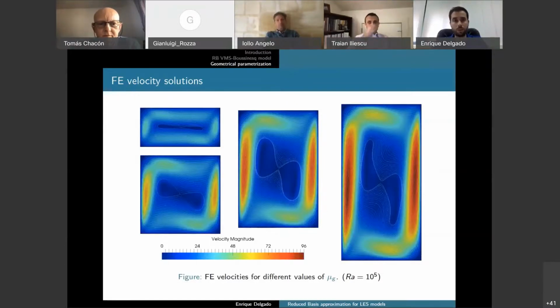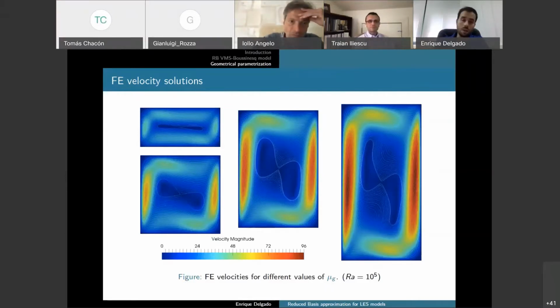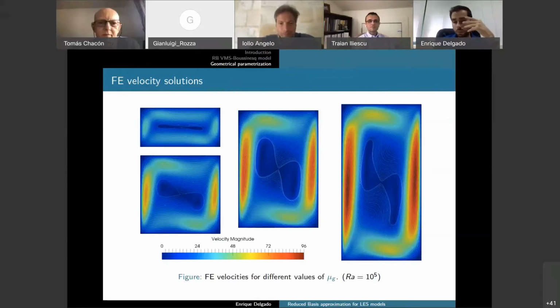So the behavior of this flow is totally different from the behavior of this flow. Totally different. So yes, maybe the sampling takes this disadvantage, but in any case, I think we have a good